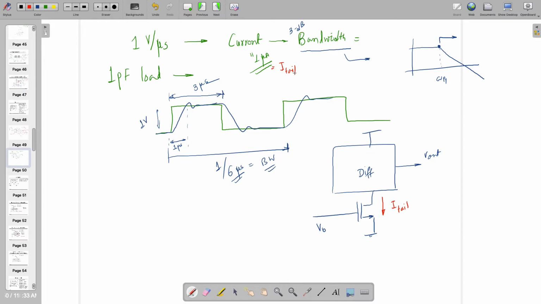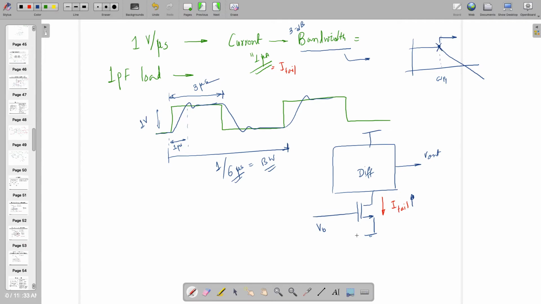So now what do you want to change? Increase the current. Okay, so that's a better way to start with because that's a fundamental quantity. Changing the current. If I increase this current,